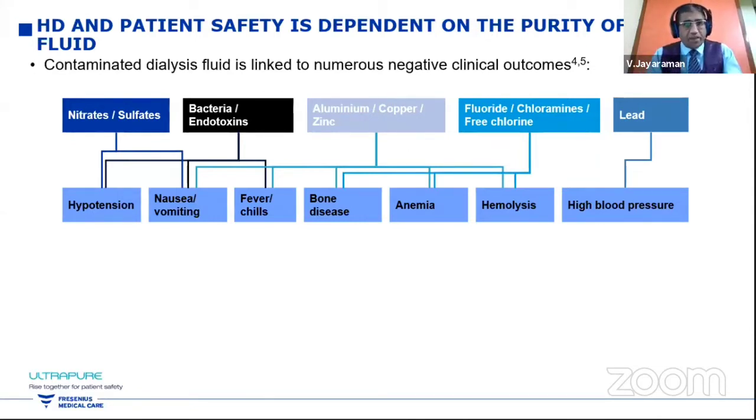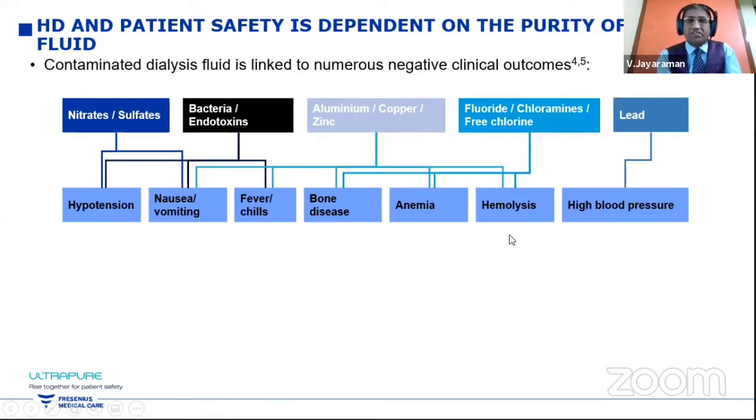And what is that? Contaminated dialysis fluid is linked to numerous negative clinical outcomes. What are they? Nitrates and sulfates can lead to hypertension, nausea, and vomiting. Endotoxin and the fragments of the bacteria can also cause hypertension, nausea, fevers, and chills. Aluminum, copper, and zinc are also seen sometimes if it is not maintained. It can lead to nausea, vomiting, fever, chills, of course, bone disease, also low turnover bone disease, anemia, and also